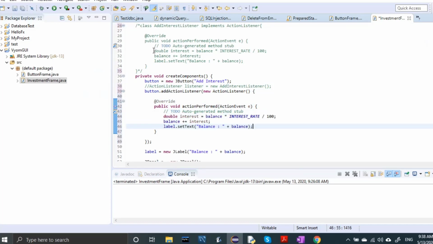An anonymous inner class as a parameter, right? This is fantastic. Whenever I'm defining an object which is associated with the listener, I'm doing it at that moment.